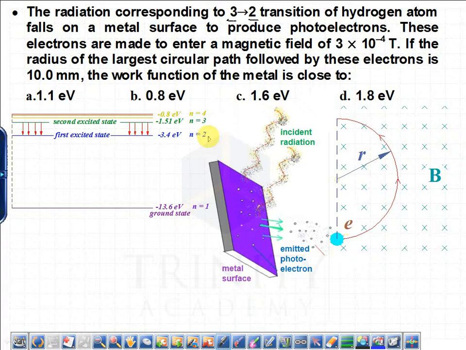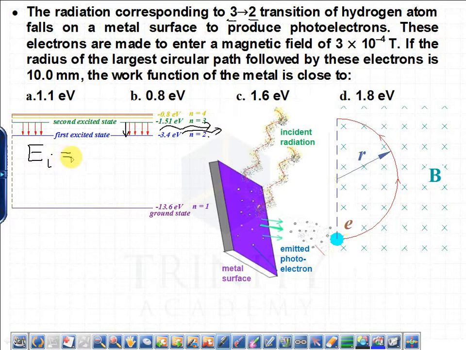So when the electron makes transition from 3 towards 2, the energy of radiation will be equal to, so we can write that energy that is incident from this